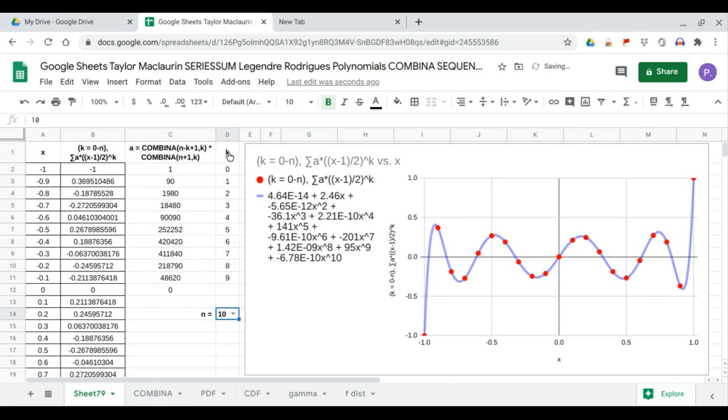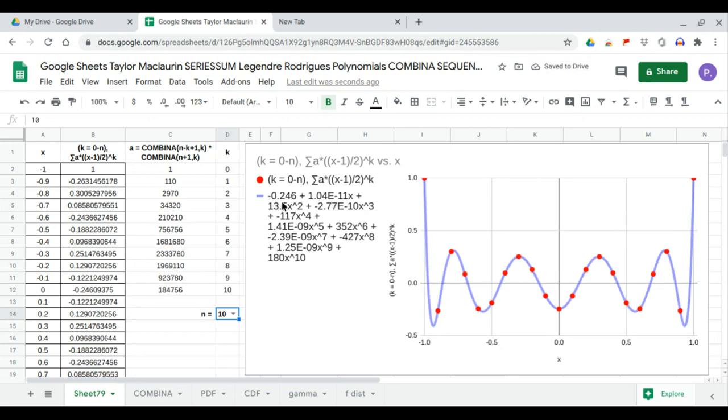And finally, at n equals 10, y equals 0.246 plus 13.5x squared minus 117x to the fourth plus 352x to the sixth minus 427x to the eighth plus 180x to the 10th. This completes the use of COMBINA and SEQUENCE in the Legendre polynomial equations, or polynomials that use the Rodrigues